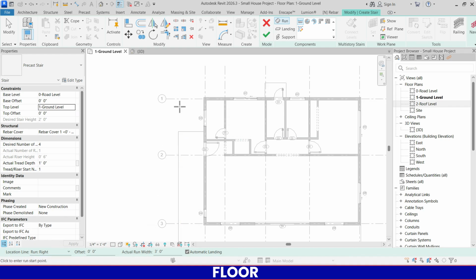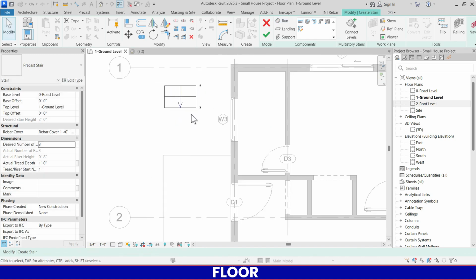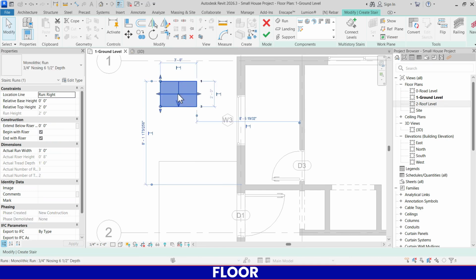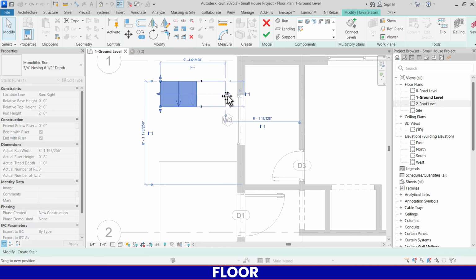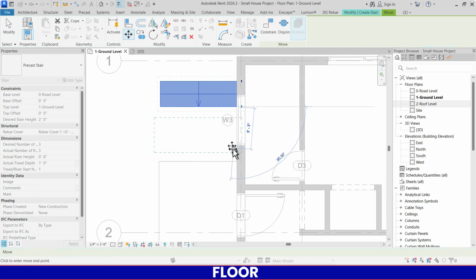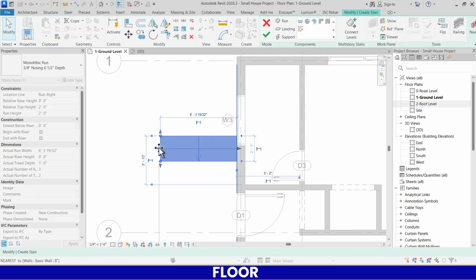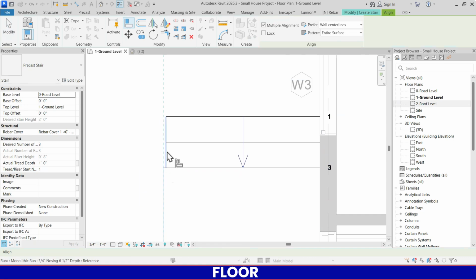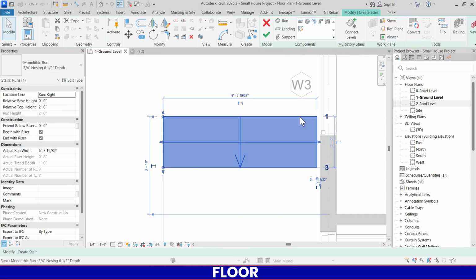choose right. Okay, and I will make the desired number 3. Okay, and we will just make the stair, click one end and click on the second end. So 3 stairs, 1, 2 and the third would be this deck. I will adjust by these arrows here. First I will move it from here to here. Then you can align, AL, this, and then